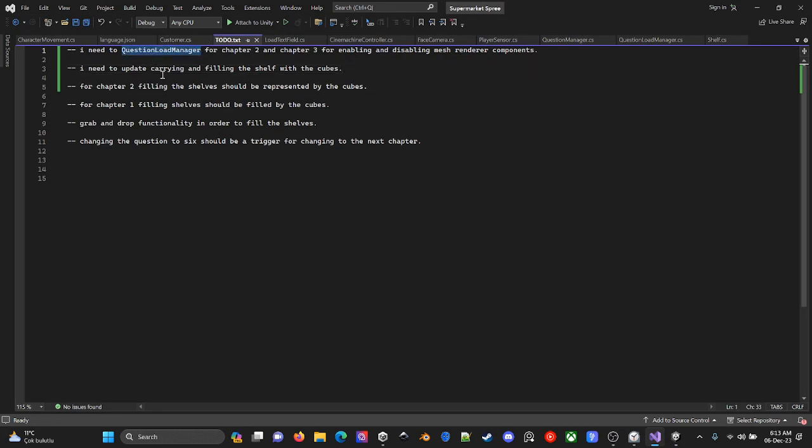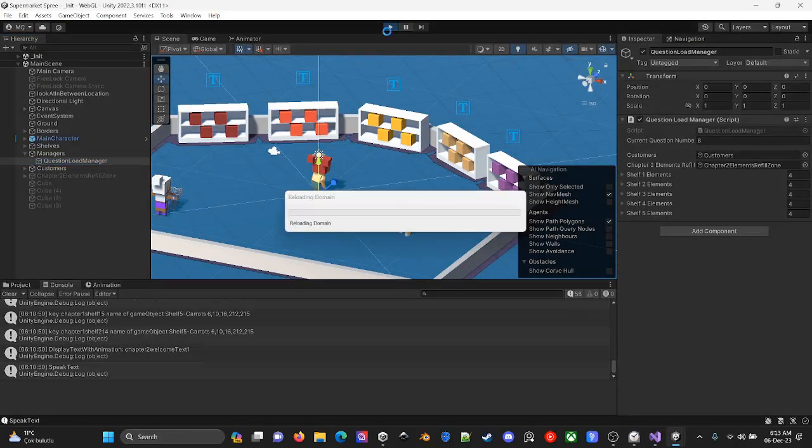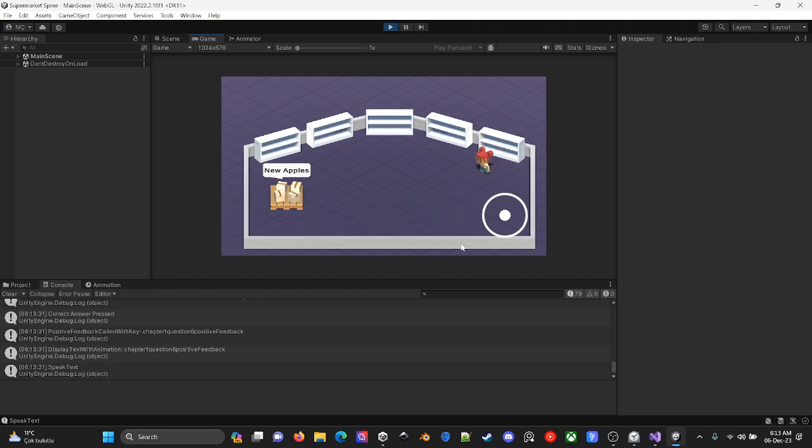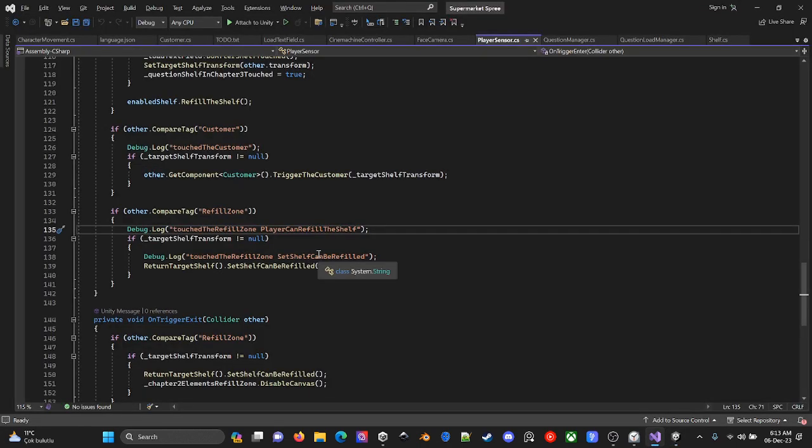So let's continue with this thing, and let's remember where we left off. I need the question load manager for enabling and disabling mesh renderer components. So I load the first question in chapter 2. What was the origin of various variables? Let's say this is 10. Alright, fetch the shelf. And after the player touches this filling shelf,